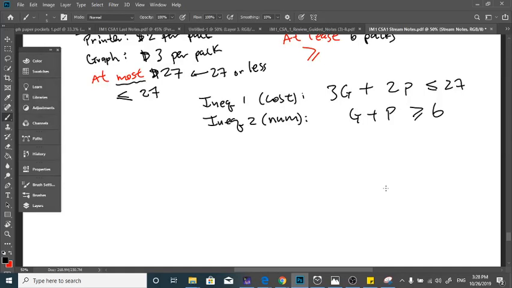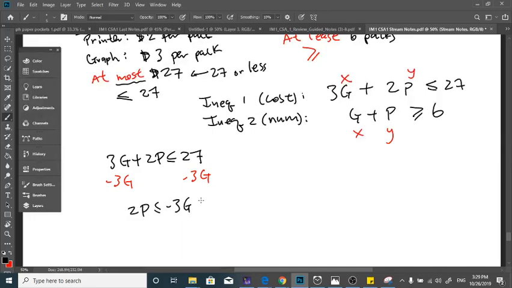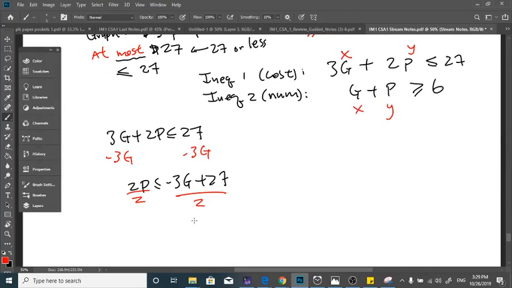So with these, again, what we do is we solve them for basically y. So you can kind of look at this as x and y. So we got 3g plus 2p less than or equal to 27, minus 3g both sides, and we get 2p less than or equal to negative 3g plus 27. Divide by 2. And then p is less than or equal to negative 3 over 2 g plus,